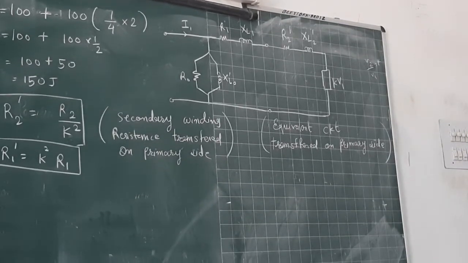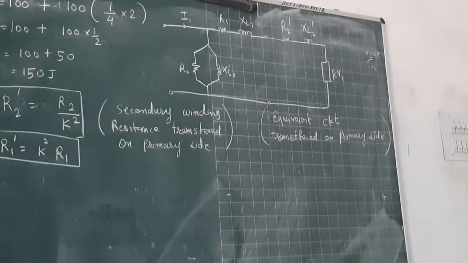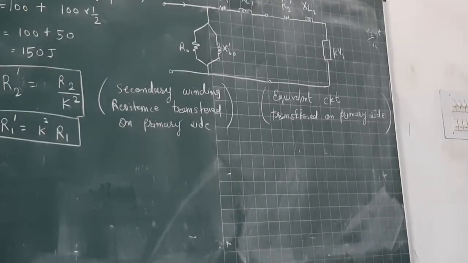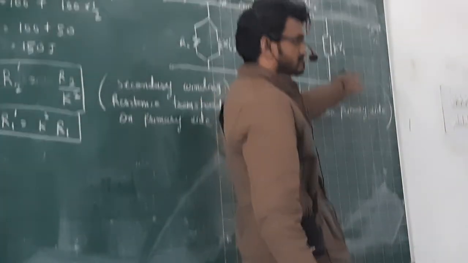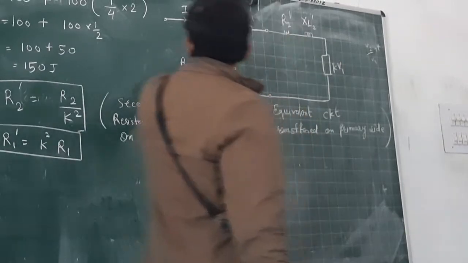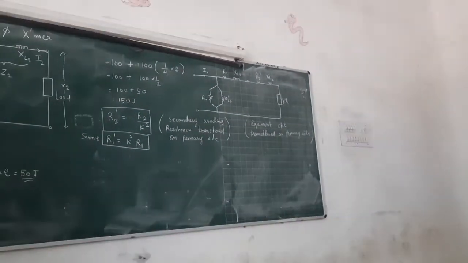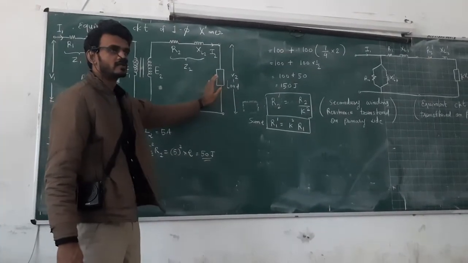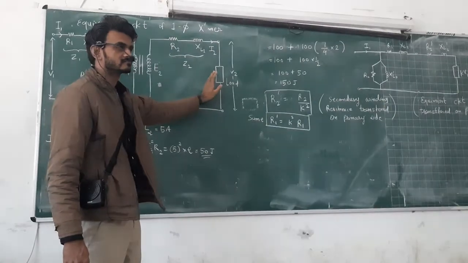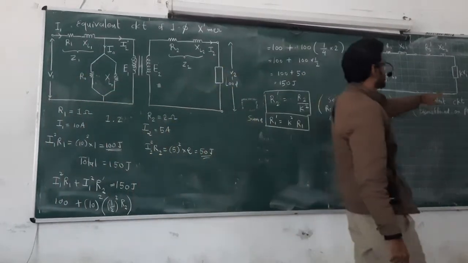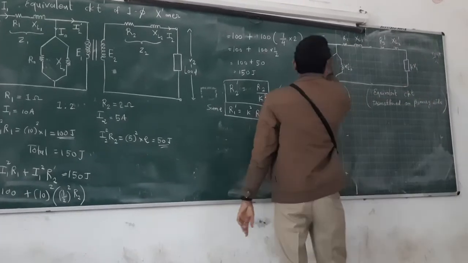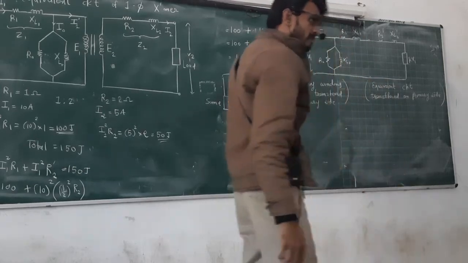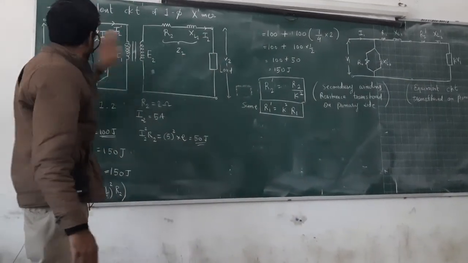So here we go directly from V1 to V2 without the induction state of V1 and V2. For this portion, there is a transformation ratio. It will increase the voltage magnitude from here according to Faraday's law. So here you will give V1, you will get step up voltage, and here it is K times V1, that is V2. So here is the V1 supply voltage, and this is the output voltage. This is the phenomenon that we call transferring all the elements on the primary side.